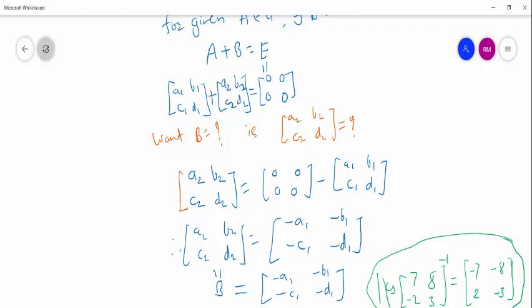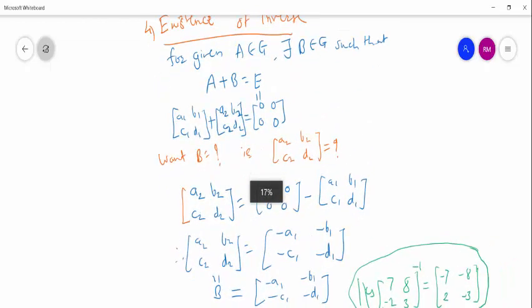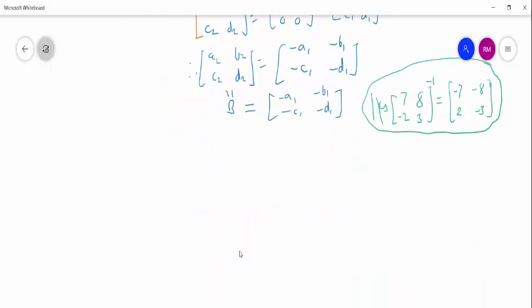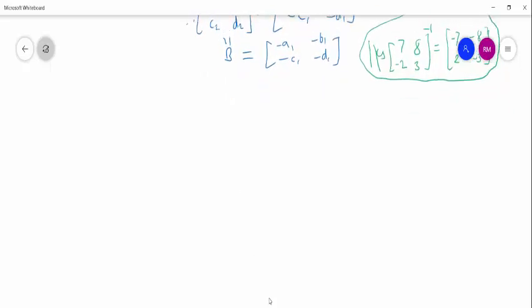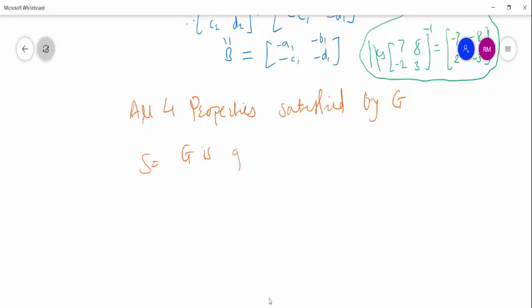That's why we can say all four properties are satisfied by group G. See here, all four properties satisfied by G. So G is a group